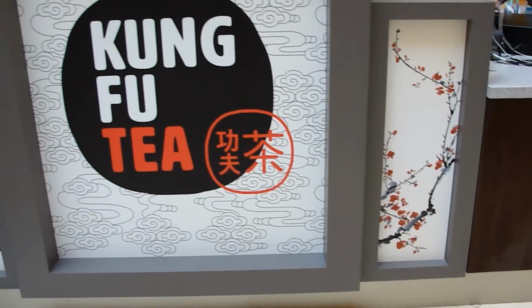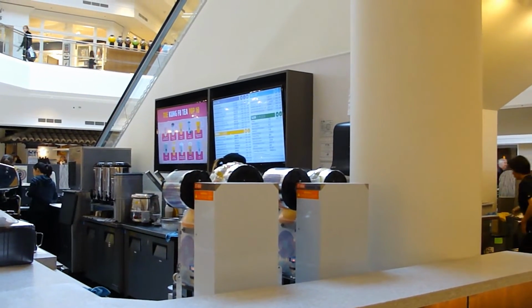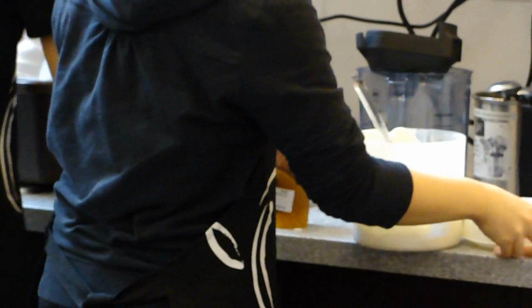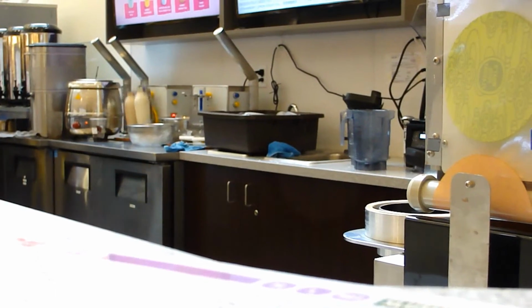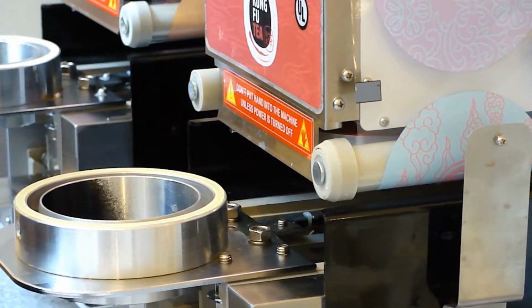Kung Fu Tea is located in the Kenwood Mall outside of Macy's. However, it is both a national and international company. Founded in 2009, the company prides itself on making exceptional bubble teas. You pick the base, the toppings, the sugar, and the ice, and they make it, all for around $4 to